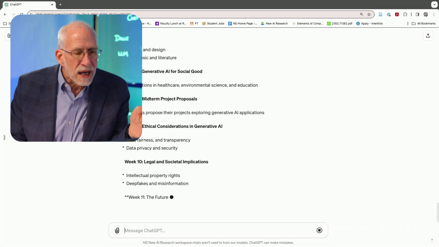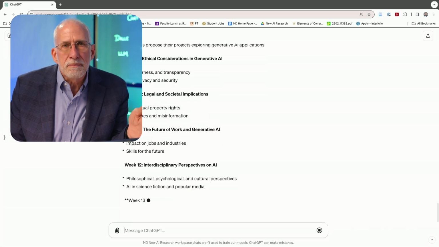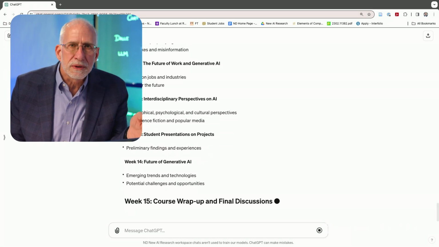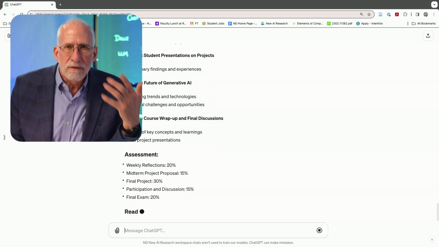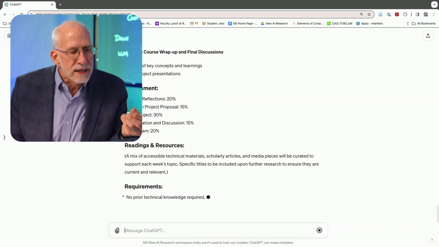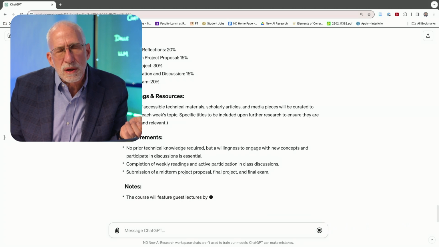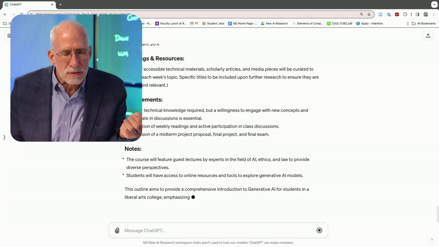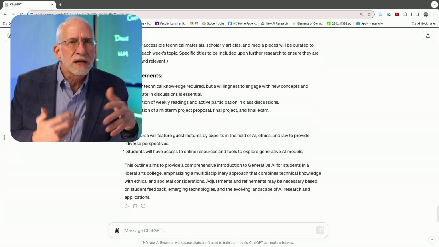Now, one of the things I'm noticing is it might not be particularly the way we would teach a generative AI class for a liberal arts class. It looks like it's more oriented toward an engineering or technical audience, but that's okay. We can have the conversation. We can ask for more social cultural contextualization. We can talk about different kinds of ways that this can be evolved. This is just the first draft it comes with. And then we have the conversation back and forth to get the product to evolve in the direction we want.